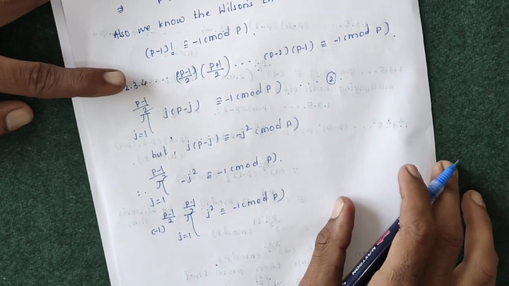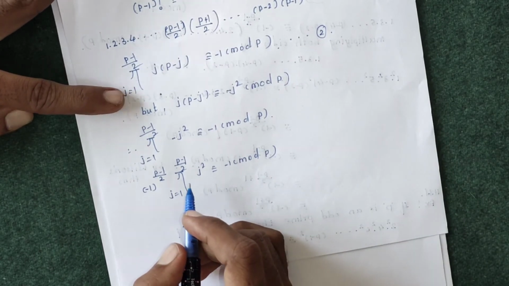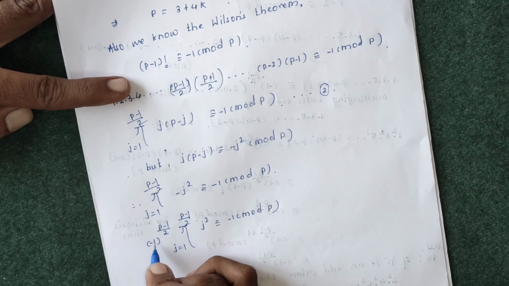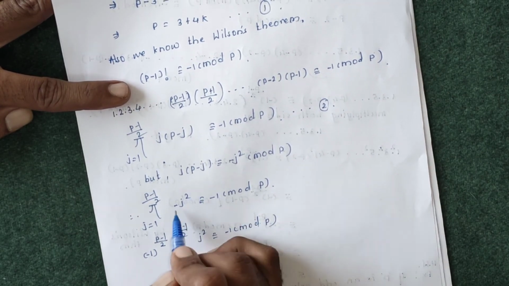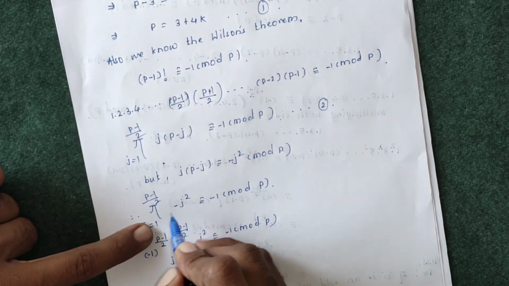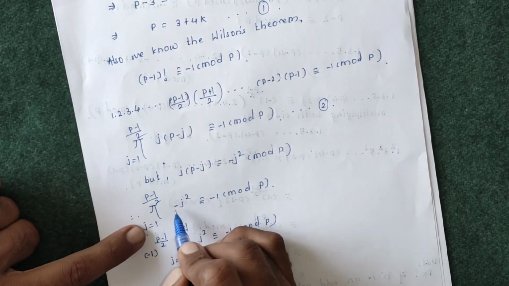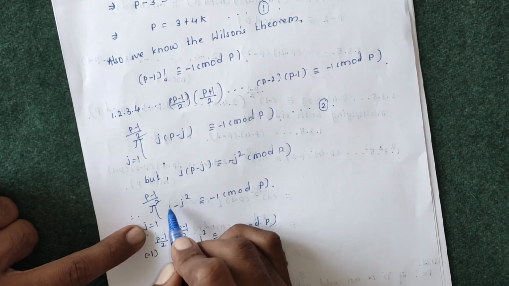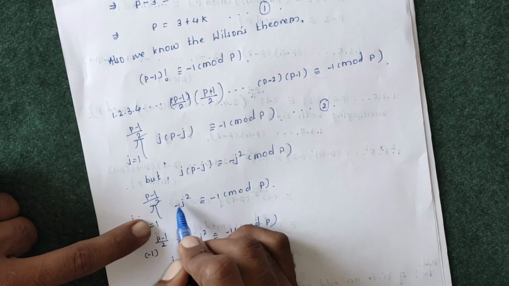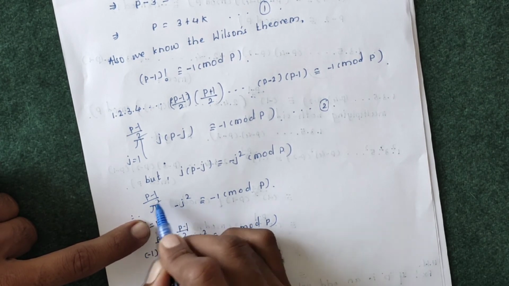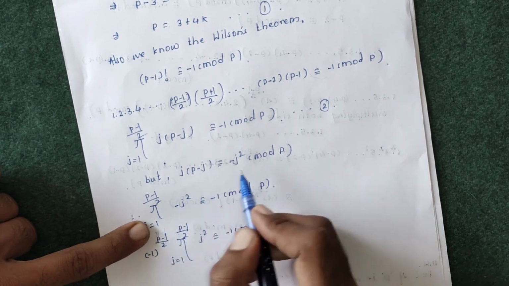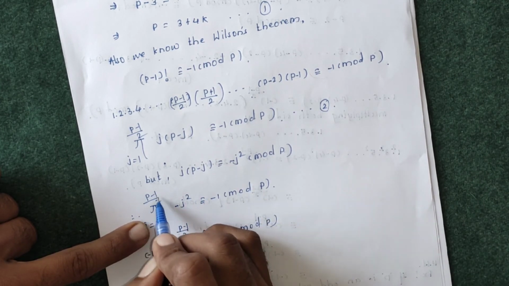Now, this p, from equation 1, we can write. Here we have written minus 1 raised to (p minus 1)/2 since each term is minus j square. If we run this product, first for j equal to 1 we get minus 1 square, for j equal to 2 we get minus 2 square, for j equal to 3 we get minus 3 square. So, the minus sign will appear in this product (p minus 1)/2 times. So, minus 1 into minus 1 into minus 1 appears for exactly (p minus 1)/2 times.